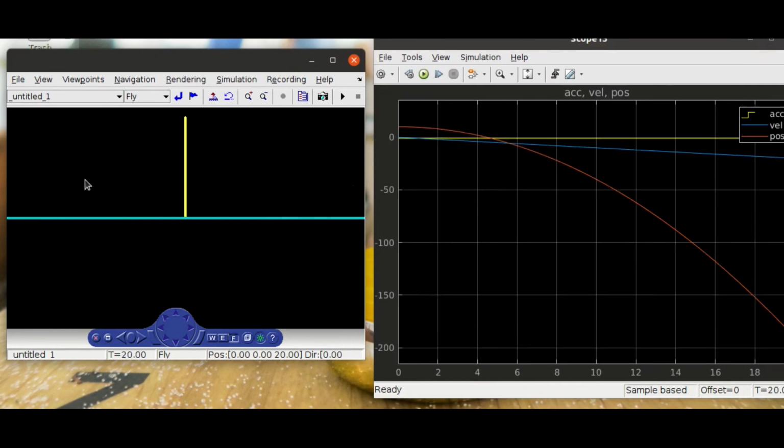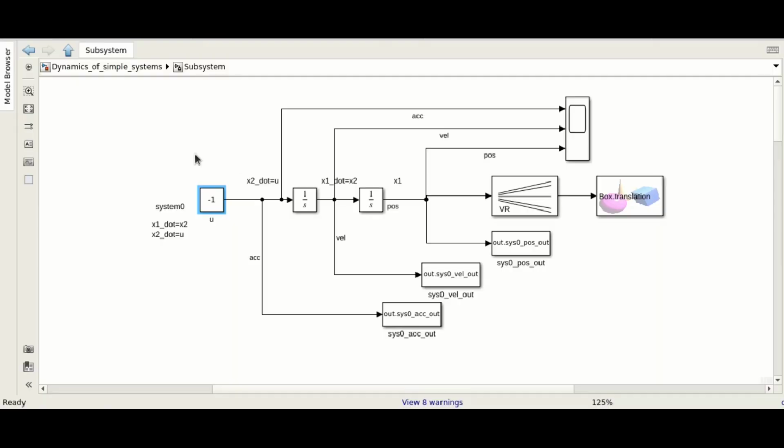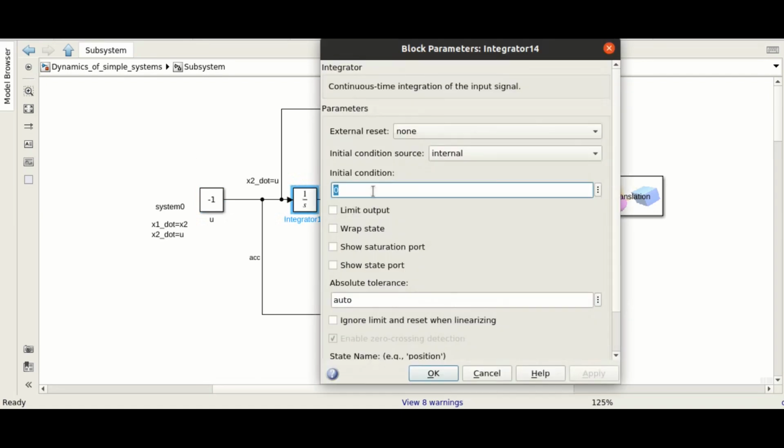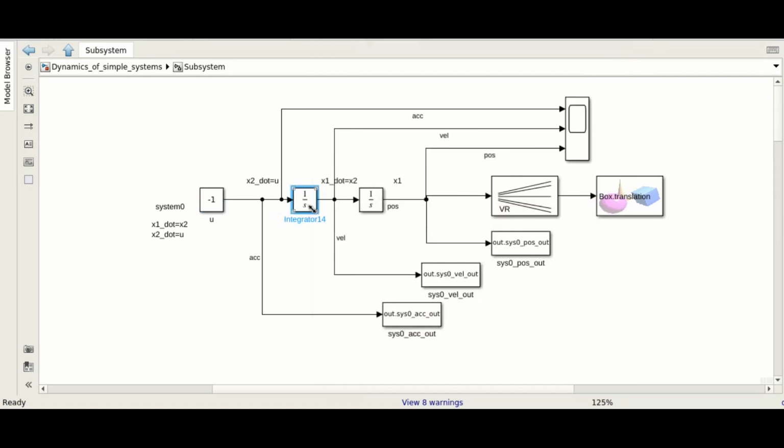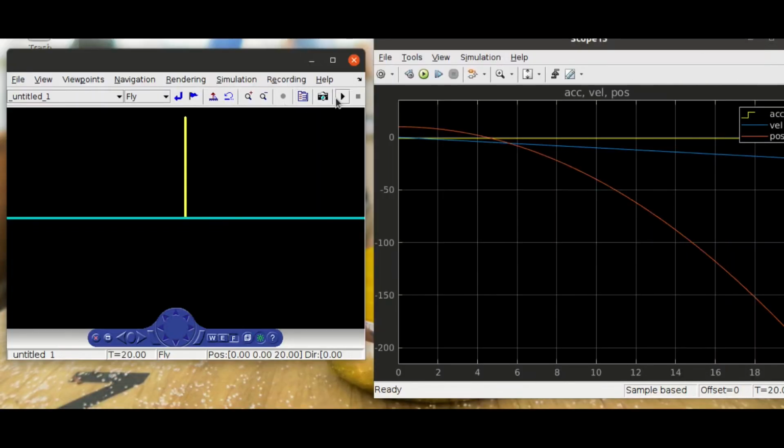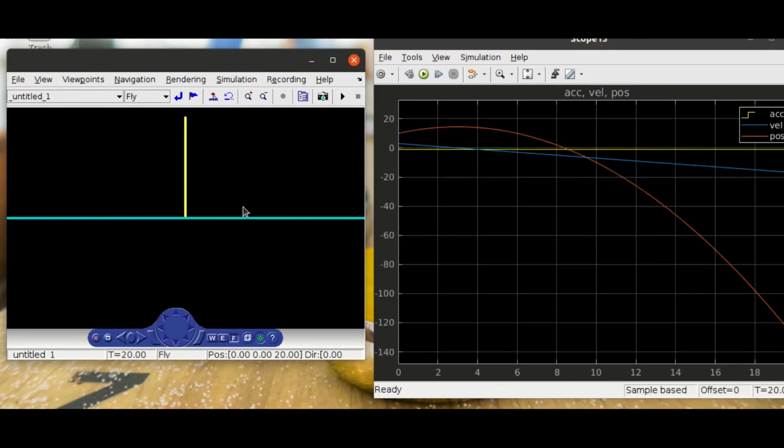Remember the graphs for position and velocity that we expected in case 3, that is matching with the graphs that we are obtaining now. We will consider one more case. In this, the body starts with a positive initial position, a positive initial velocity, but a negative force is applied on it. Till the time the velocity remains positive, the position increases in the positive axis. So as you can see from the curve, the position first increases in the positive axis, then it reduces and goes towards the negative axis. Thus, this is the end of first part of system definition and simulation of few cases.